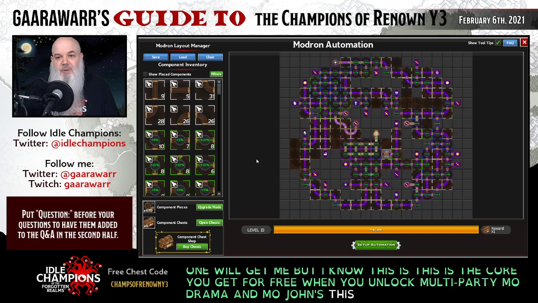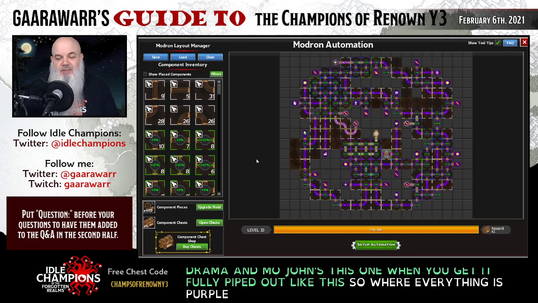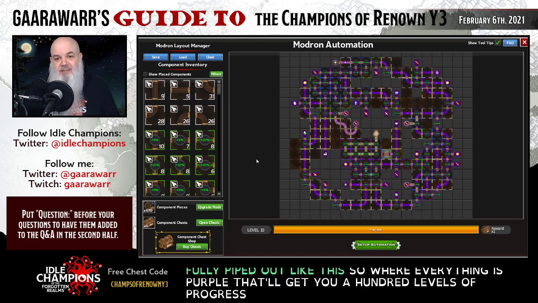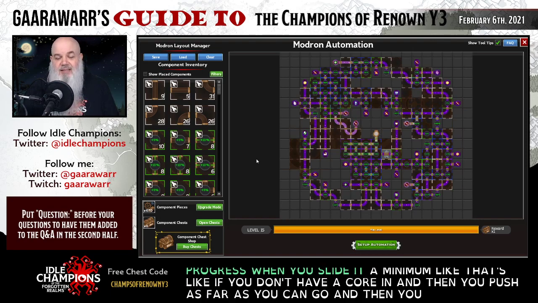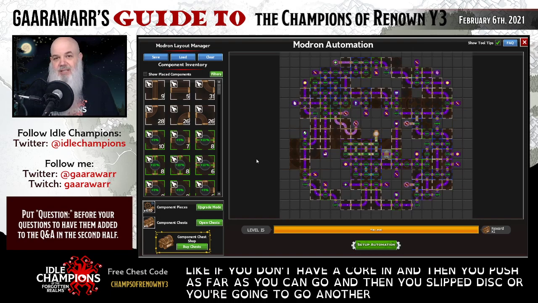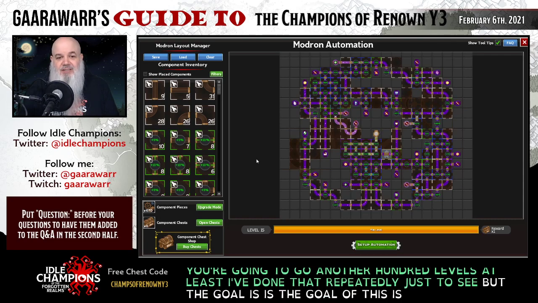This one, when you get it fully piped out like this, where everything's purple, will get you 100 levels of progress when you slot it, minimum. If you don't have a core in and you push as far as you can go and then slot this core, you're going to go another 100 levels at least. I've done that repeatedly just to see. But the goal of this is to collect pipes